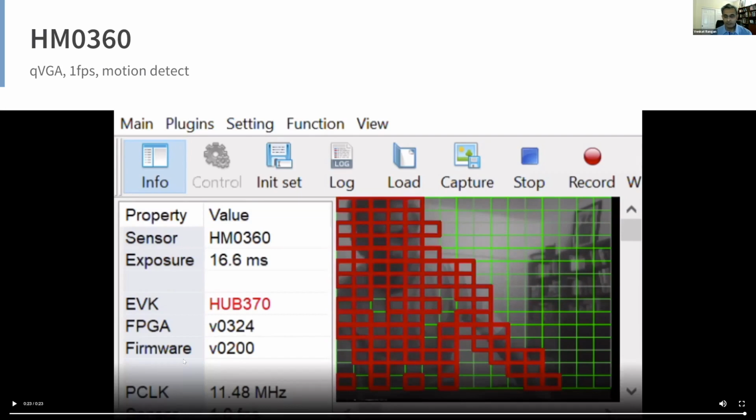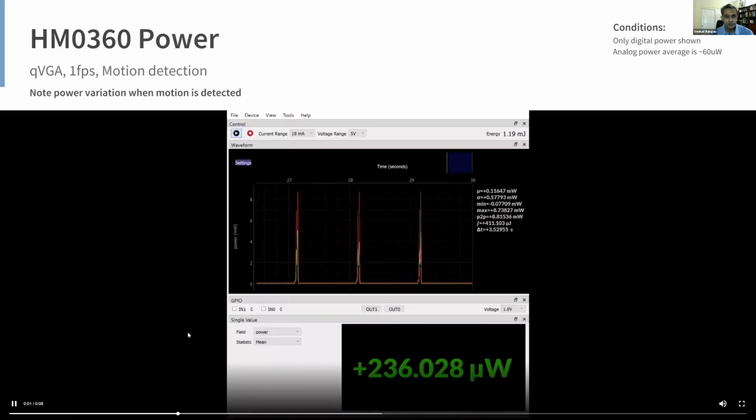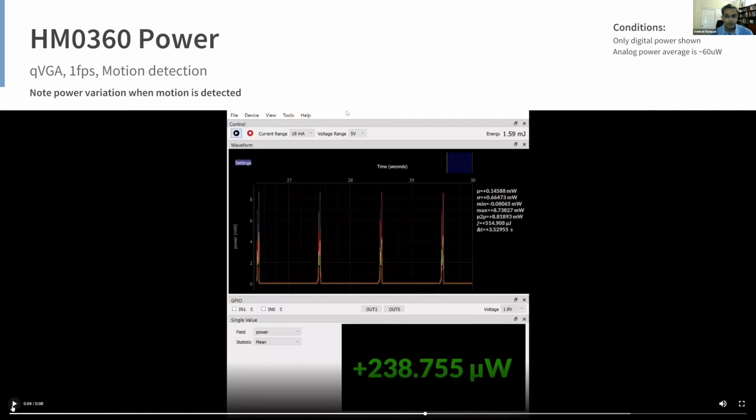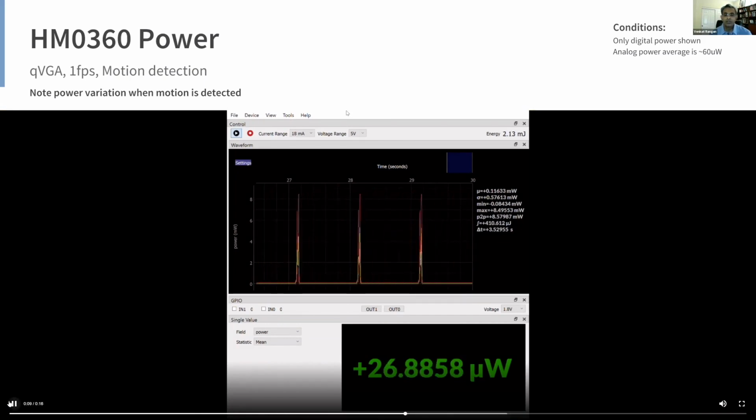So if you look at it from the power point of view, this is on a Joulescope. You can see that this is at 1 frame per second, and the average power being consumed is of the order of 150 microwatts, right? And that's a pretty good power consumption. You'll see that whenever it detects motion, the power goes up a little bit and the average power consumption went up,